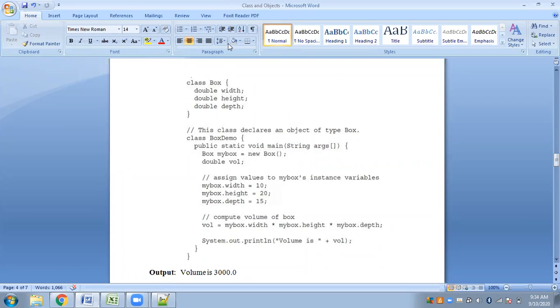Just remember one thing: whenever you are using methods of the same class, suppose you have three different methods, method 1, 2 and 3, inside the same class, and you want to call methods 2 and 3 from method 1, you can call them directly without creating objects. For that we use the keyword static that you have already seen.